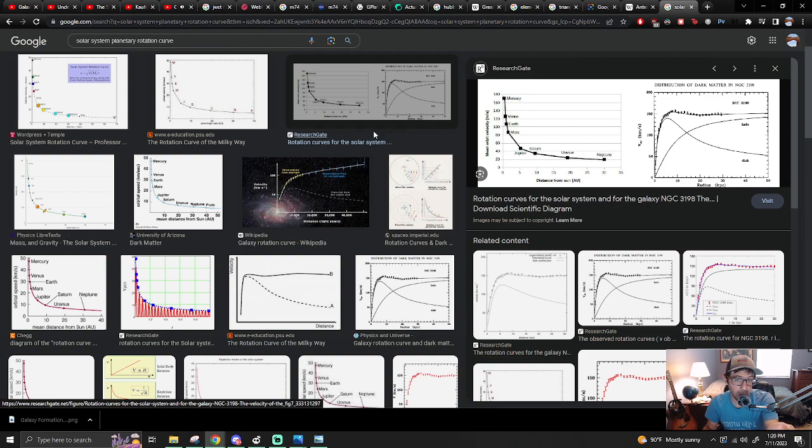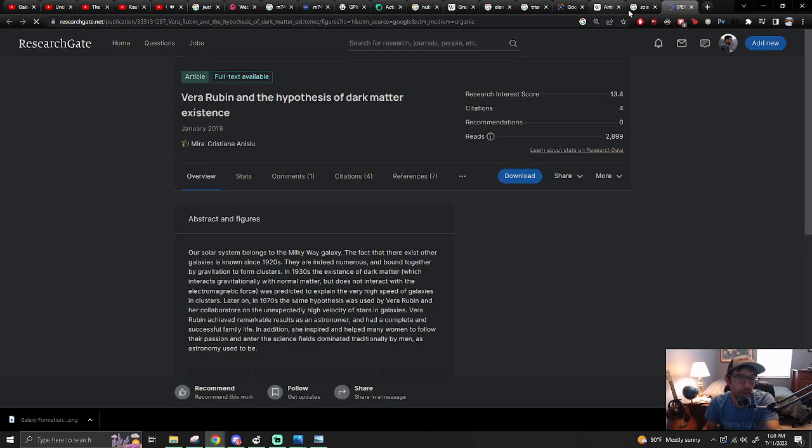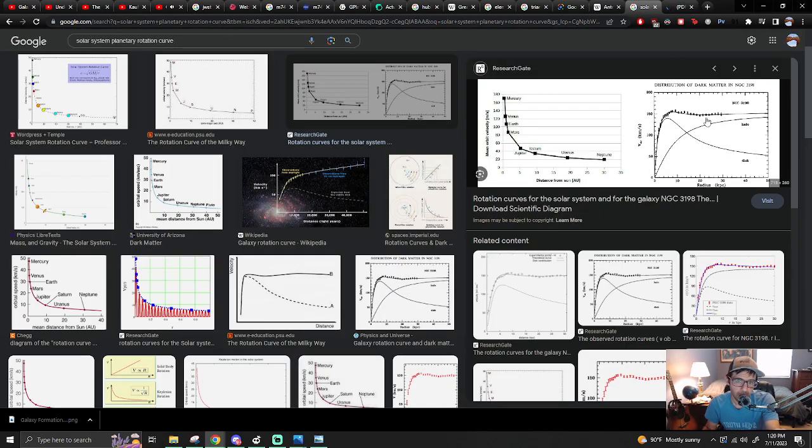So if we look at this image here, down here it says radius and it starts at 0. It's possible that 0 is actually more like over here, like 35. So if we have a hidden distance that's not being accounted for, that really places these objects further away than they appear,